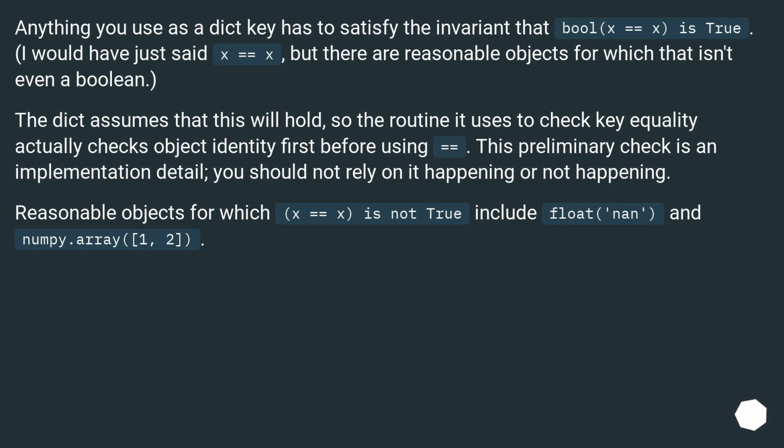Anything you use as a dict key has to satisfy the invariant that bool(x == x) is true. I would have just said x == x, but there are reasonable objects for which that isn't even a boolean. The dict assumes that this will hold, so the routine it uses to check key equality actually checks object identity